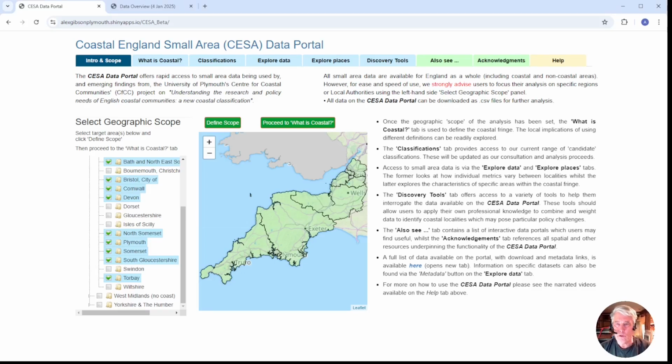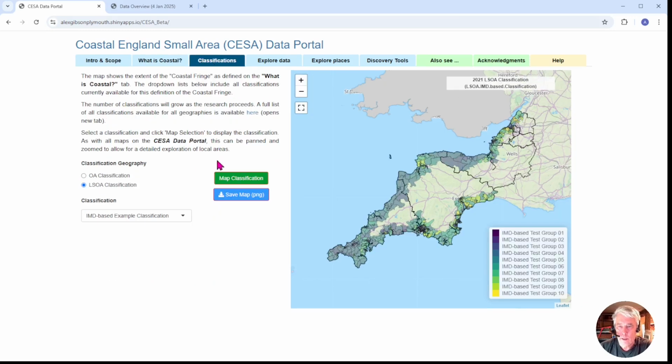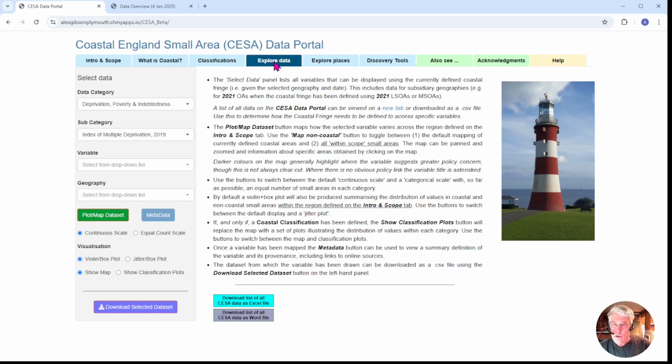And so we come to the ExploreData tab. Assuming that you've defined the scope of your analysis on the Intro and Scope tab, the coastal definition on the What is Coastal tab, and have chosen a classification on the Classifications tab, although this isn't actually essential for all parts of the ExploreData functionality, then you can move on to have a look at the data that we have in the